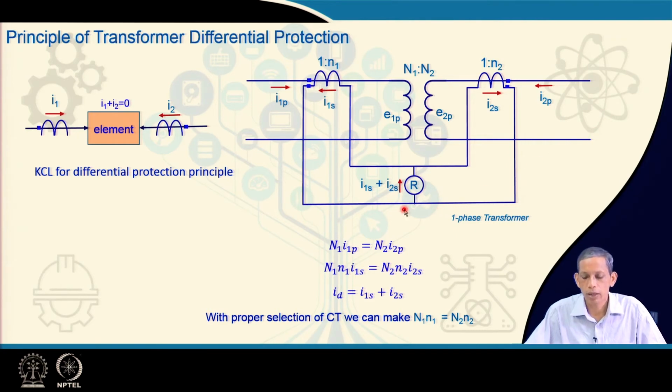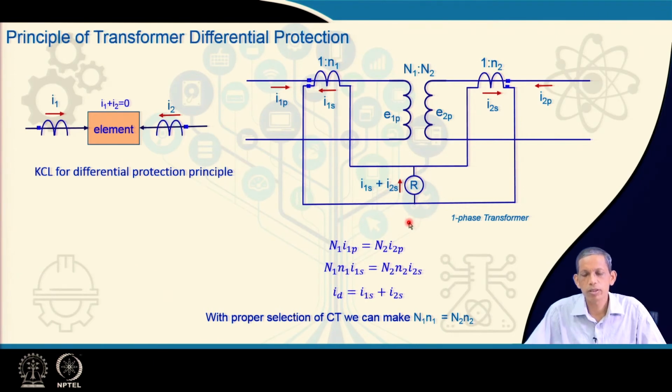In that case, I 1s and I 2s will add up to 0. For any internal fault, the corresponding I 1s plus I 2s will be no more 0, rather this I 1s plus I 2s will be the corresponding internal fault current amount. So, through this process, detection of any internal fault between these two sensors CT1 and CT2 can be easily detected by the differential current. Note that the amount of differential current I 1s plus I 2s in this kind of CT connection will be nothing but this internal fault current amount.